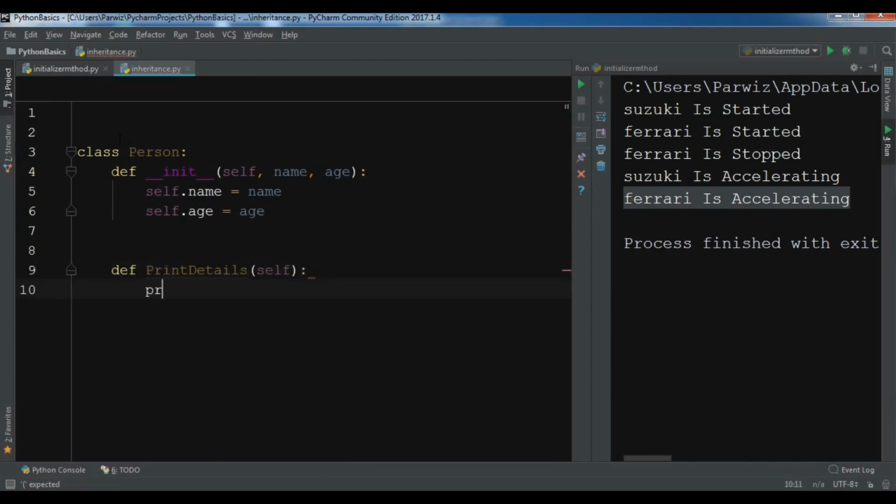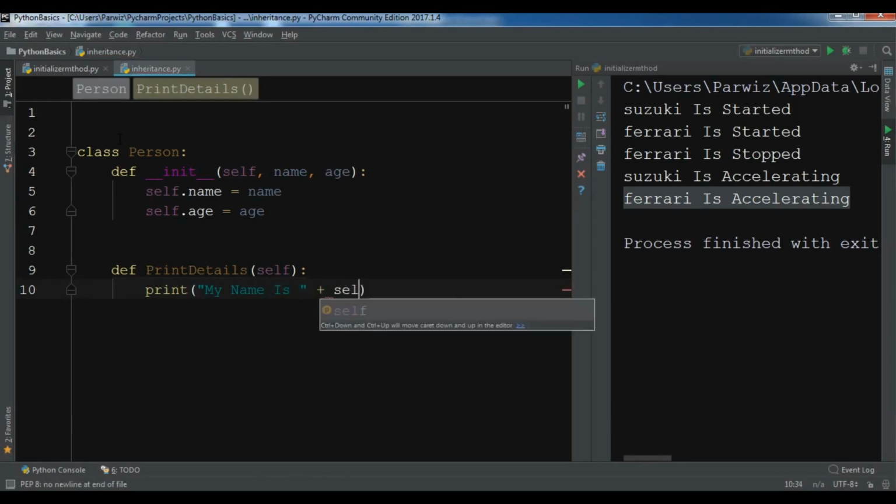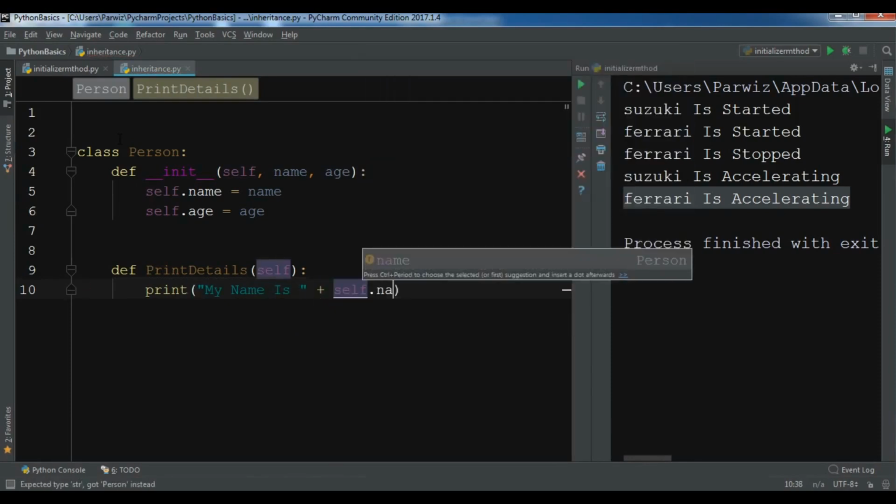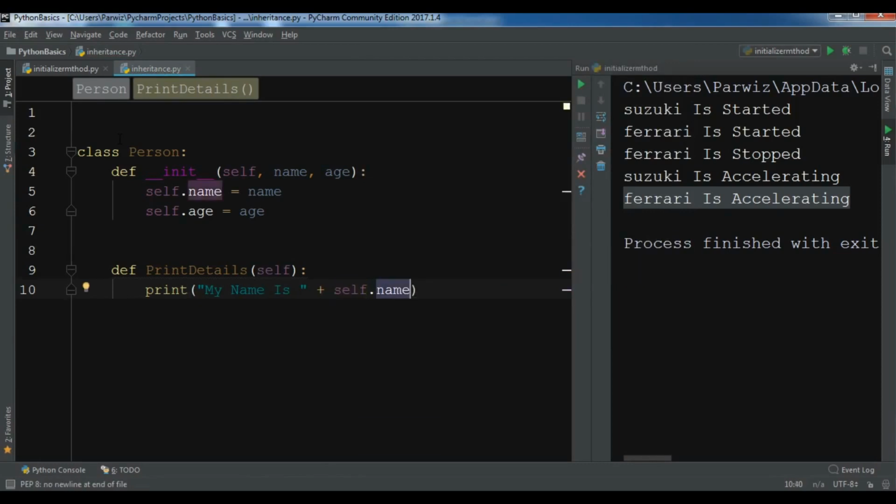Now in here I can just print "my name is" and give self.name, and "my age is"